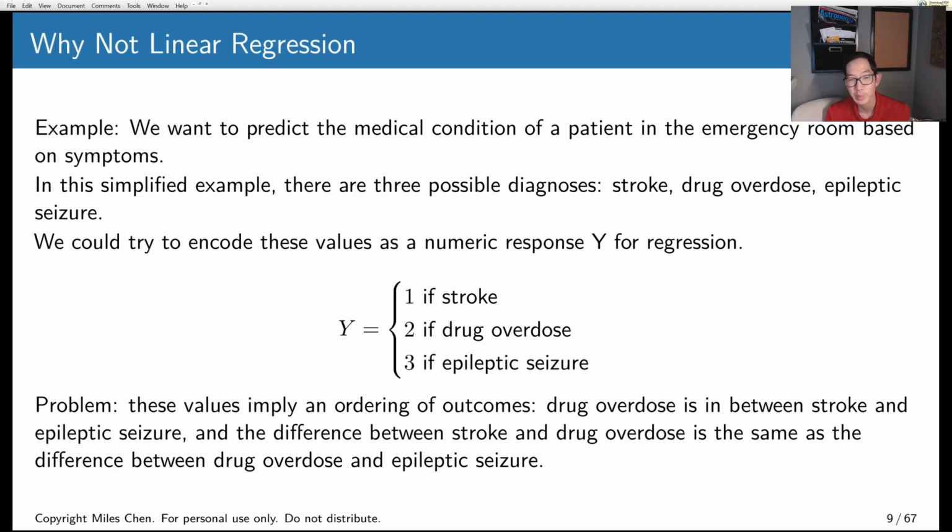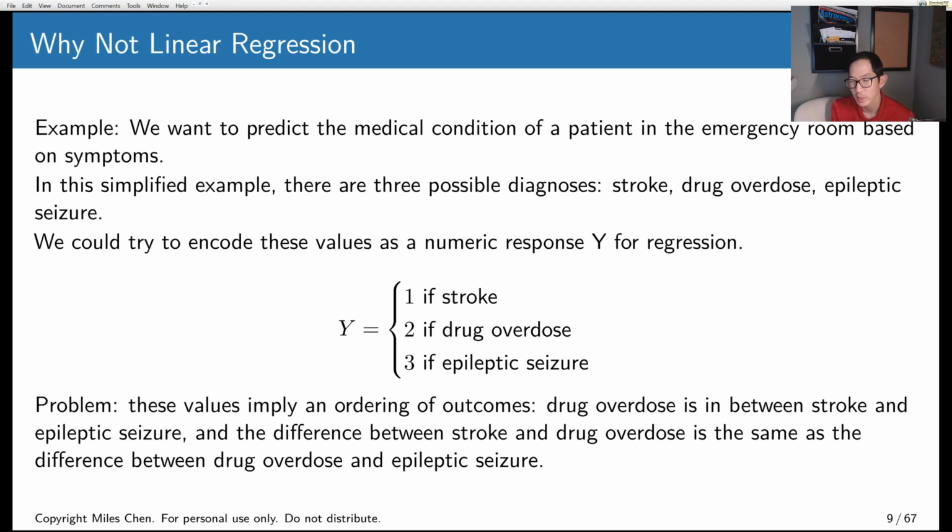And we'll say there's three possible diagnoses: stroke, drug overdose, or epileptic seizure. And we might have to encode these values as some kind of numeric response. If we say 1 is stroke, 2 is drug overdose, and 3 is an epileptic seizure, okay, then